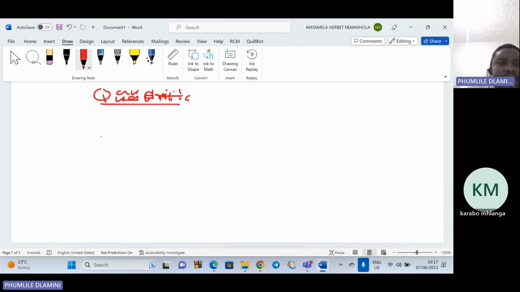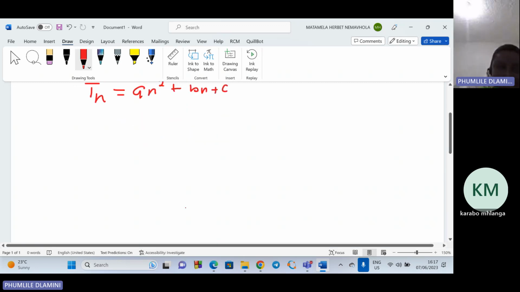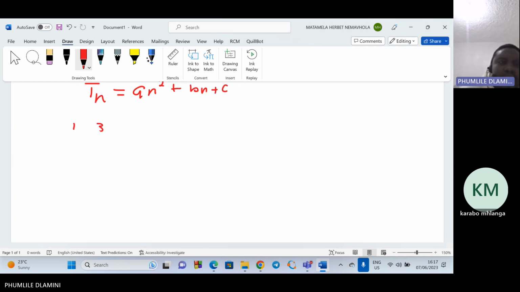So for the quadratic formula, your Tn equals an squared plus bn plus c. So in this sequence, the sequence for quadratic, let's say 1, 3, 7,